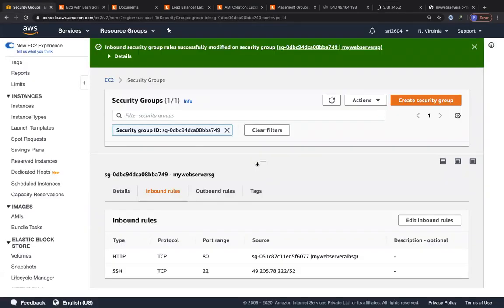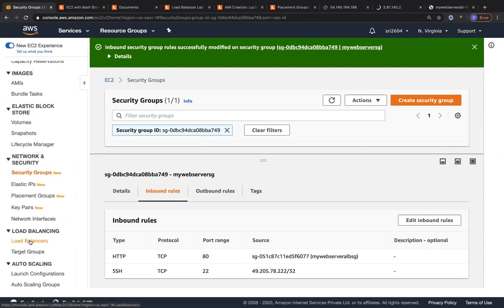Again, I'll repeat it. Go to the security group of your EC2 instance and specify that the incoming traffic on port 80 can come from the load balancer by mentioning the load balancer security group. Got the idea? These are all the things I would like you to remember regarding load balancers. It was pretty fast, but I would like you to remember all of these configurations going into the exam.